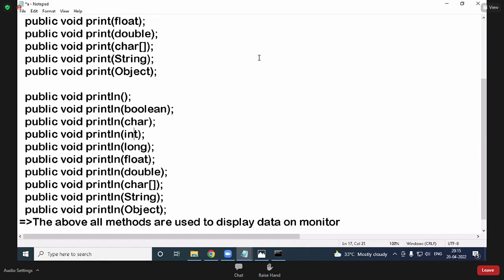If you use println, after printing the cursor comes to the next line. That is the only difference.